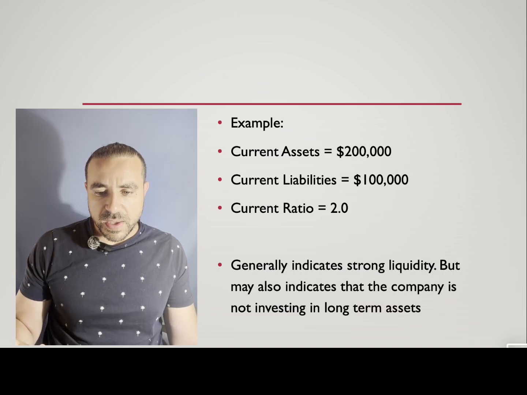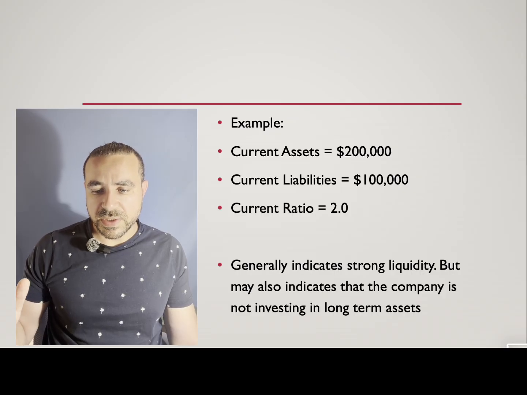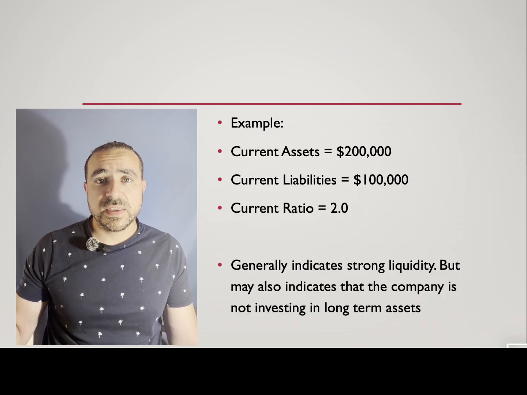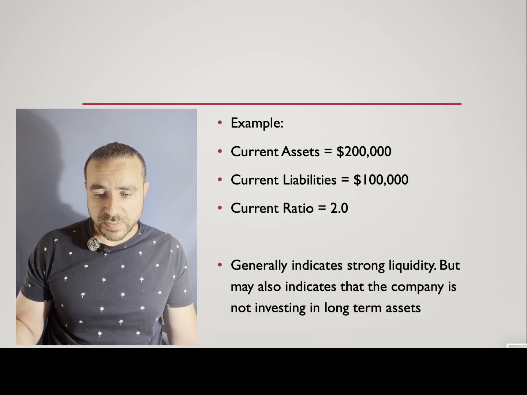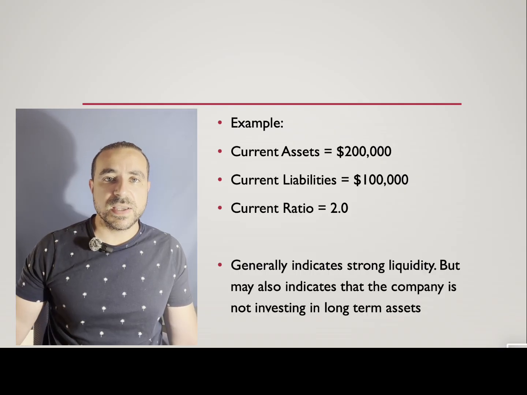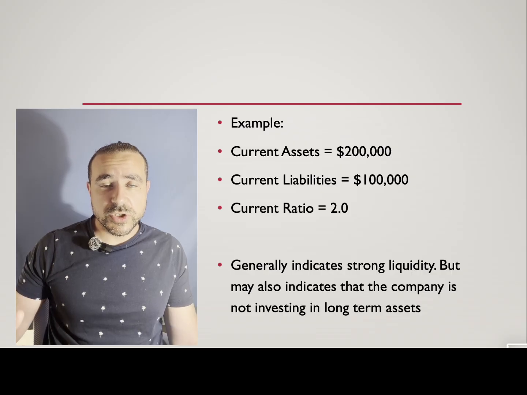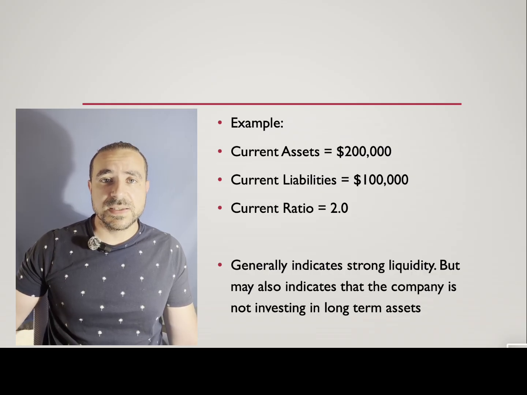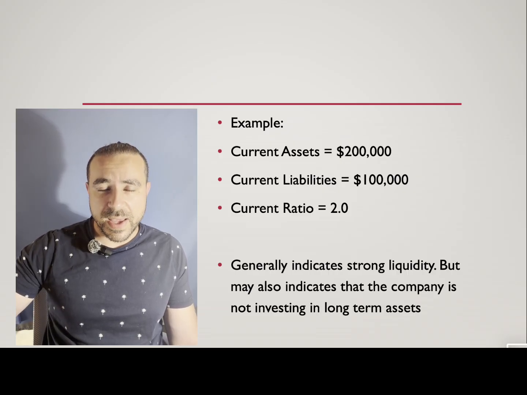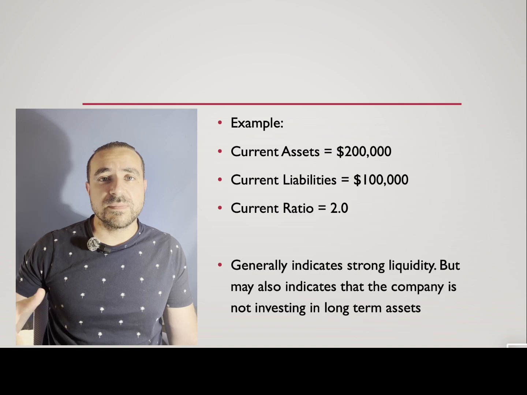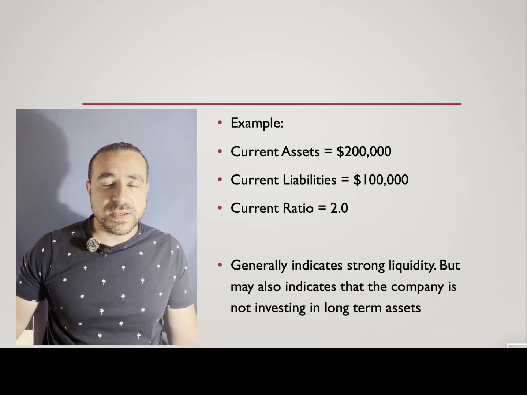For example, if you found that the current assets are 200,000 and the current liabilities are 100,000, it means that the current ratio is 2, which could indicate strong liquidity, but may also indicate that the company is not investing in long-term assets. It has a huge part of its assets resting in current assets, like cash or AR. It means that the company is not trying to invest in long-term